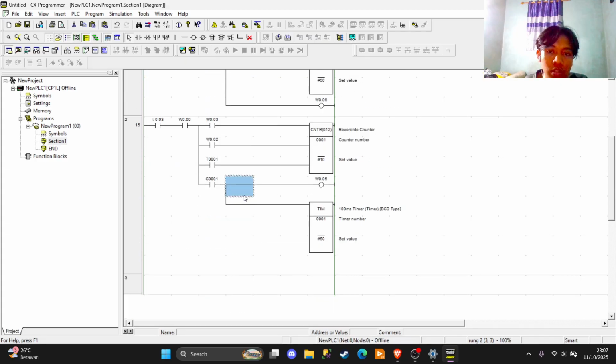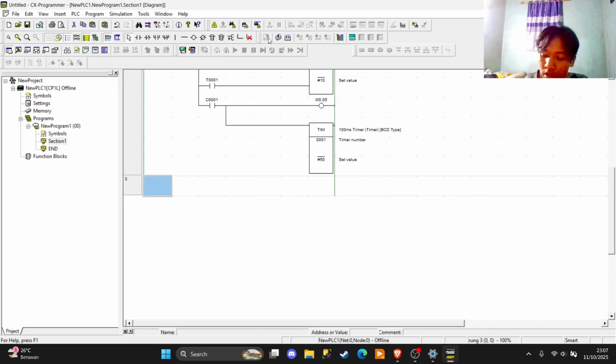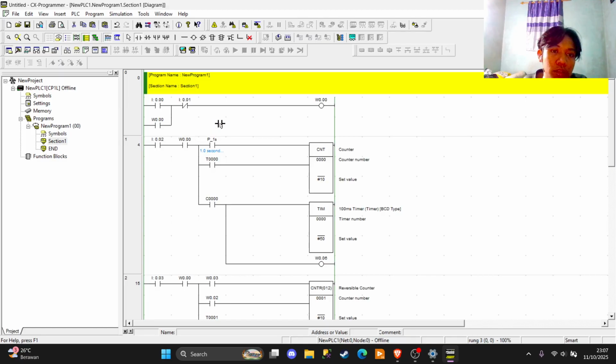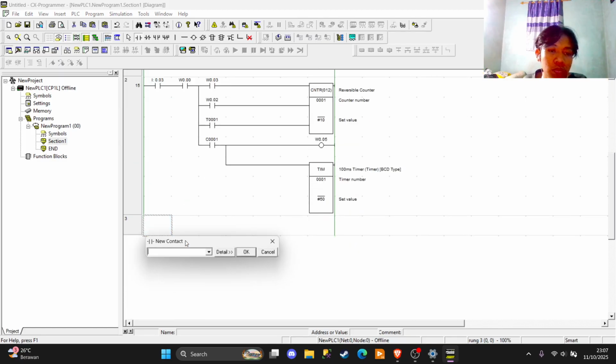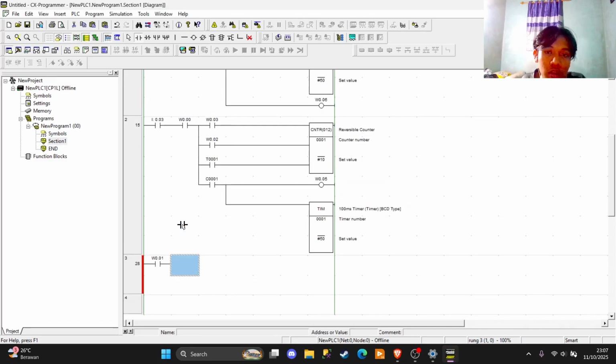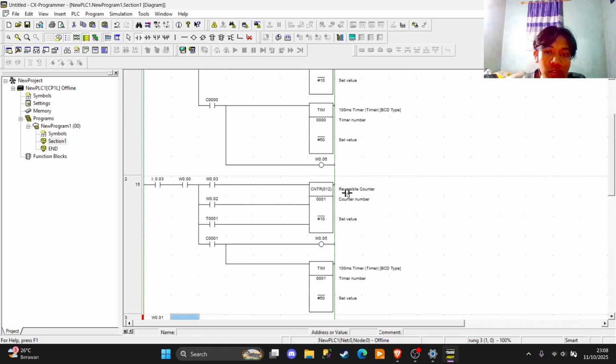So the other thing is we're gonna make the system automation. The system is we will use the output from the interlocking system in the first row. We're gonna put the V001, and then we're gonna put another output from the reversible counter.